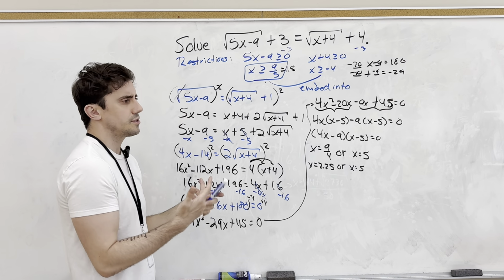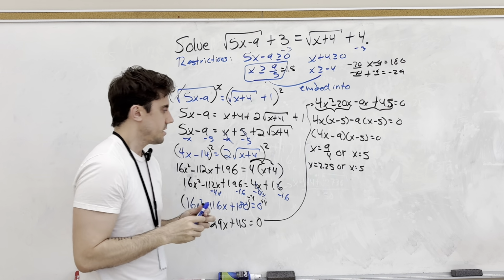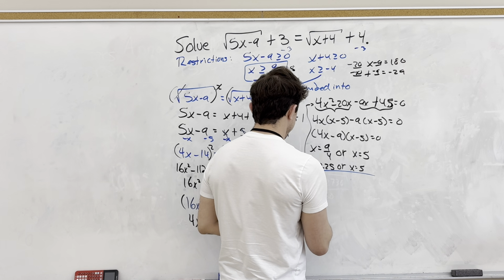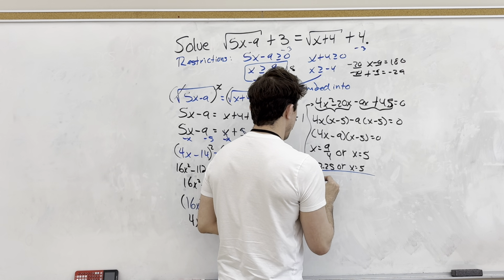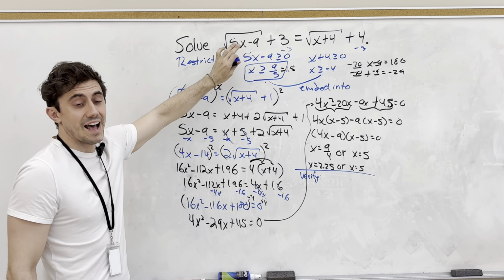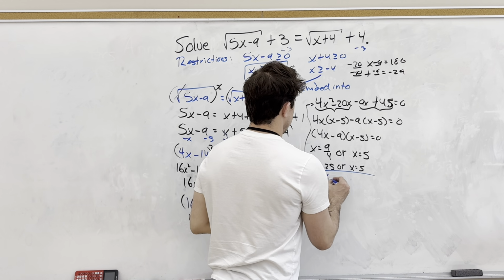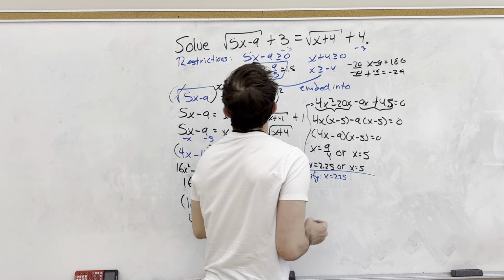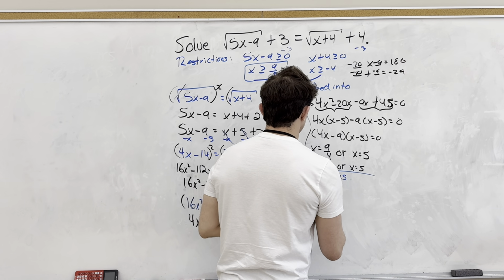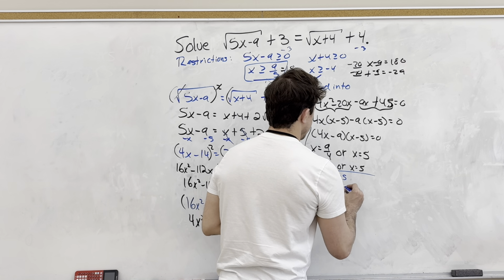If they fall victim to the whole, the square root of a number can be positive or negative. I'll digress on that one. So let's verify both by plugging them back in, very specifically to the original equation. It has to be in the original equation, right? So if x is 2.25, we'll have the square root of 5 times 2.25 minus 9, plus 3